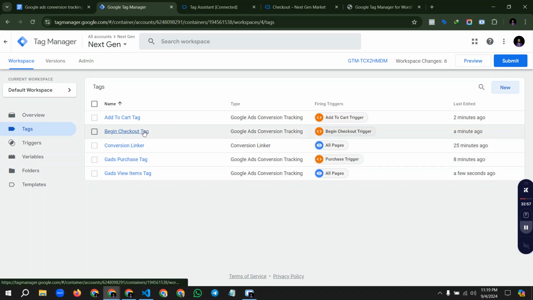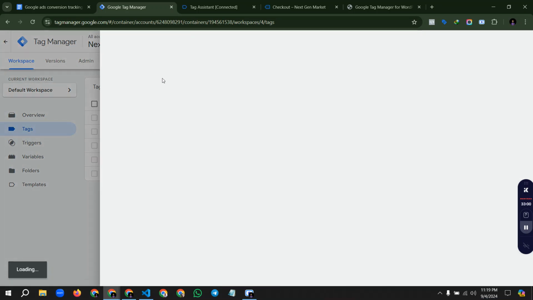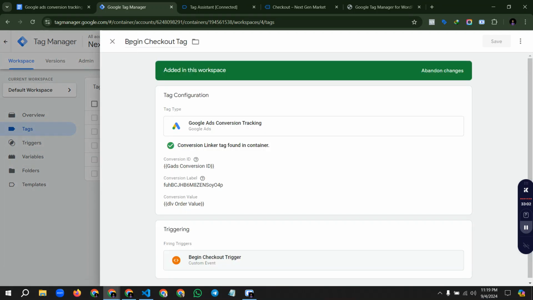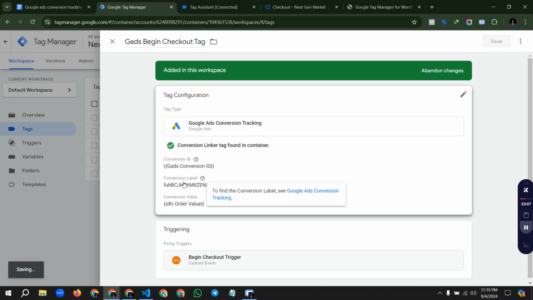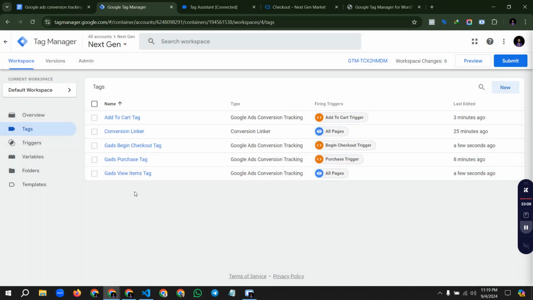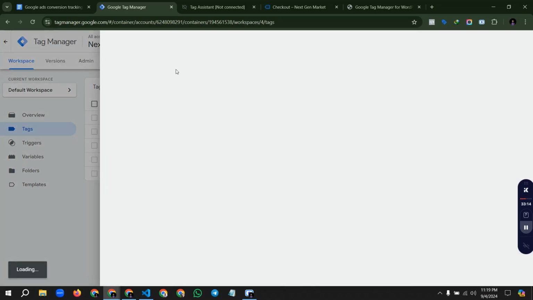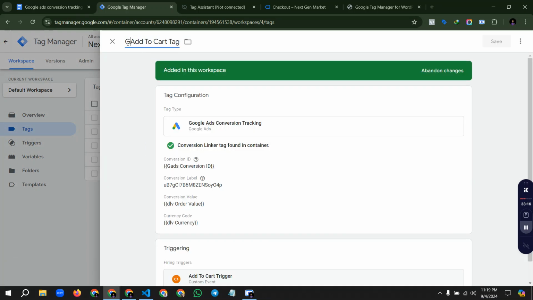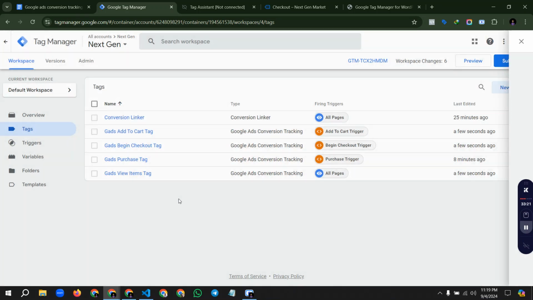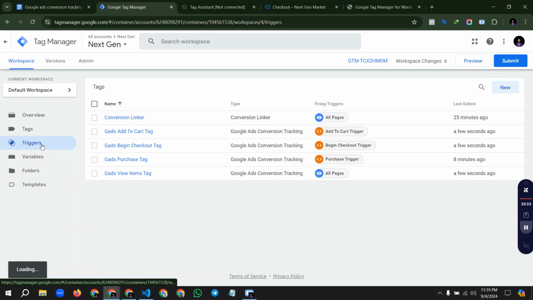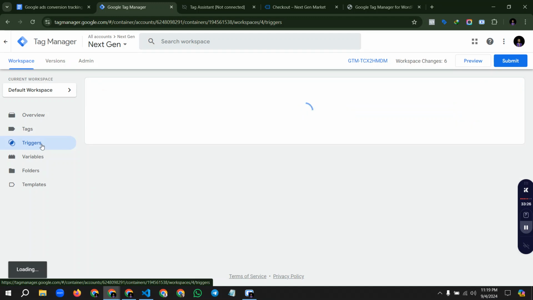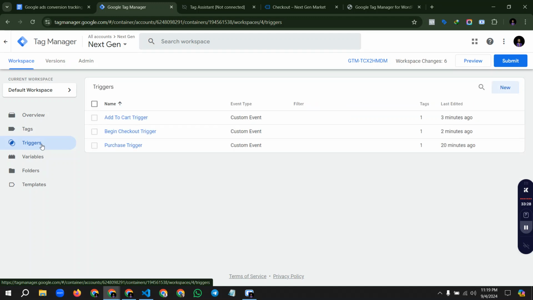We can also change the name as well. Begin checkout tag to Google Ads begin checkout tag. Naming should be all right, like this. Then add to cart. It should be Google Ads add to cart tag. Okay, done. Okay, everything is set up done. We're triggering add to cart trigger, begin checkout trigger, purchase trigger,